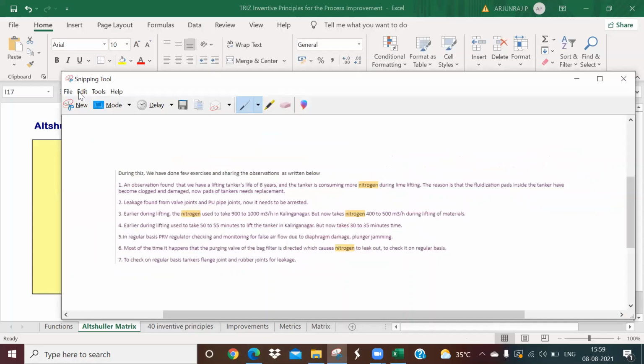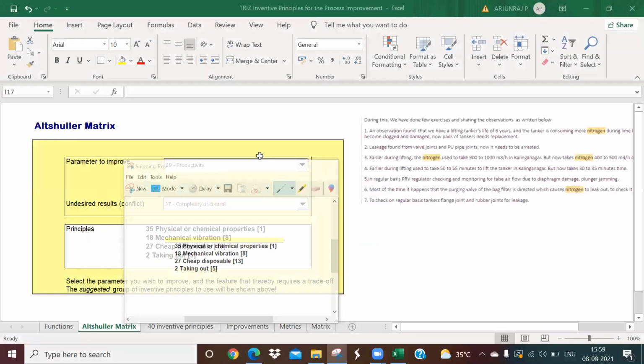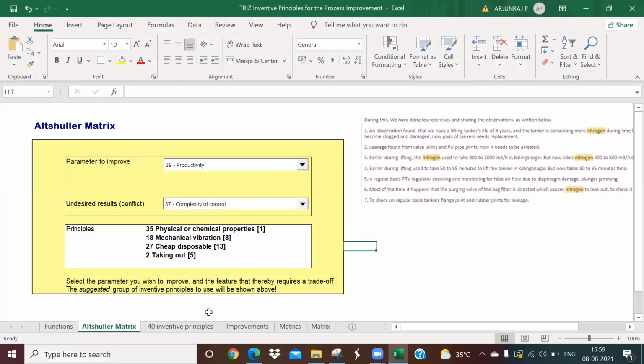Principle number 35, principle number 18, 27, and 2 to find out some solutions for this. Okay. And I told you, in addition to these 4, you can also look into the 40 inventive principles. Okay. So let us see what these 4 are all about, and we will see if there is any idea we are going to get.